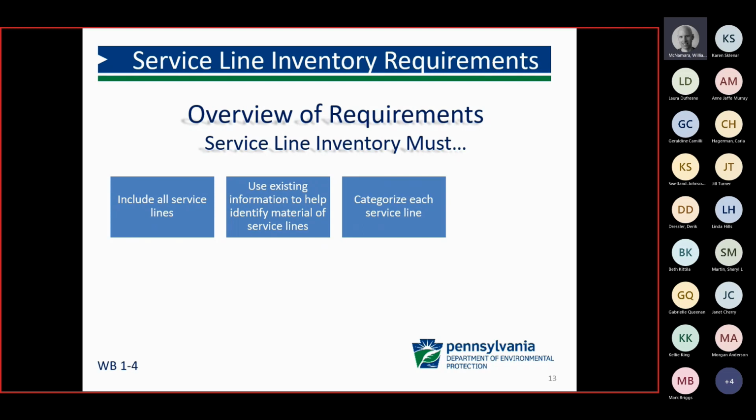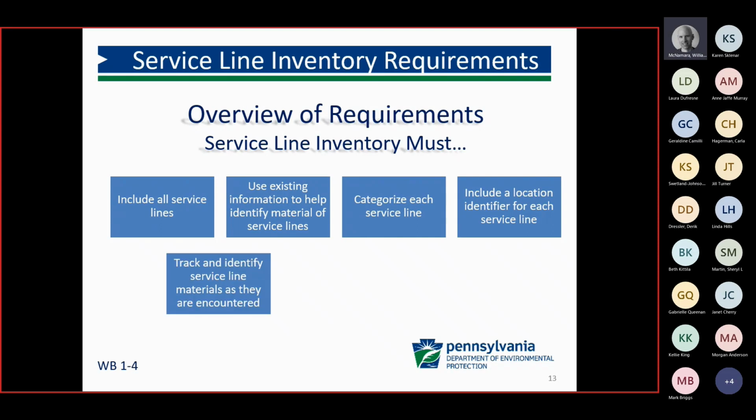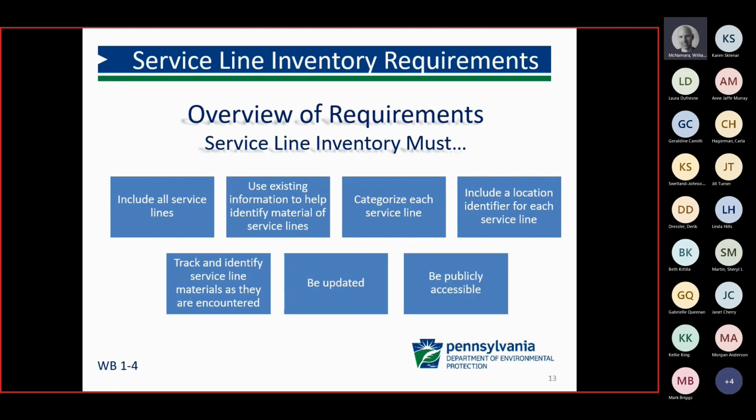They must categorize each service line. They must include a location identifier for each service line. They must track and identify service line materials as they're encountered during normal operation. They must be updated and they must be publicly accessible. So we're going to spend the next hour or so of this training talking about each of these requirements in